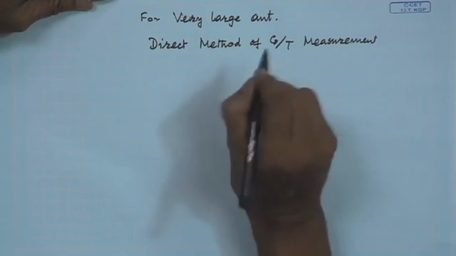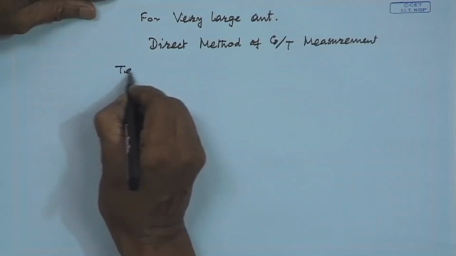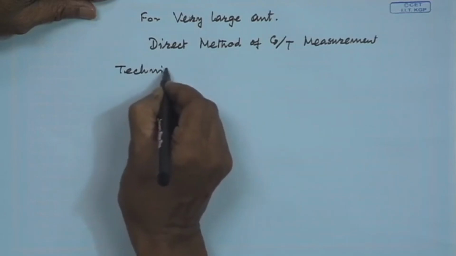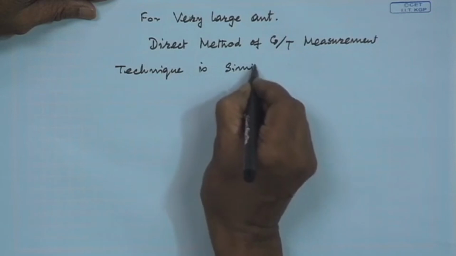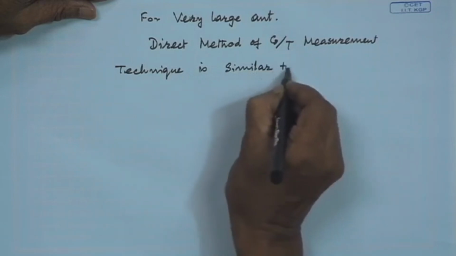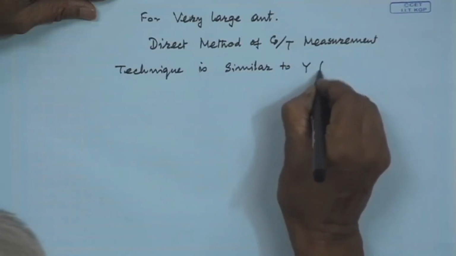That technique is similar to, since the temperature is there, if you remember the noise temperature measurement, we have told you that there is a method which is called Y factor method. So, it is similar to Y factor